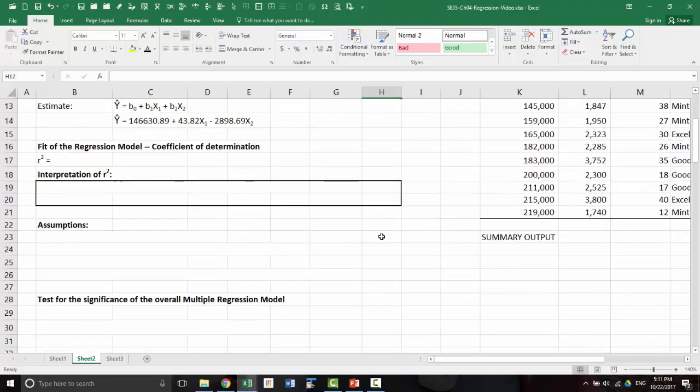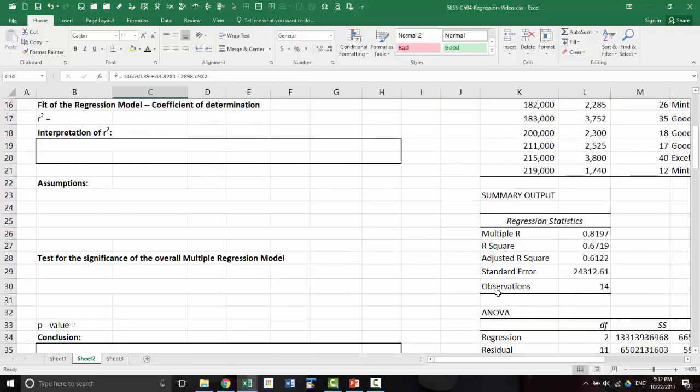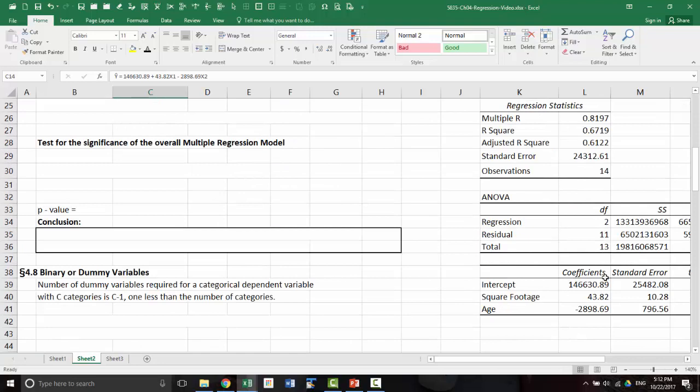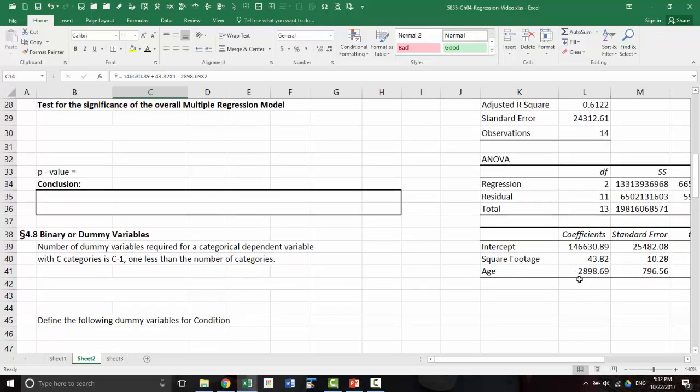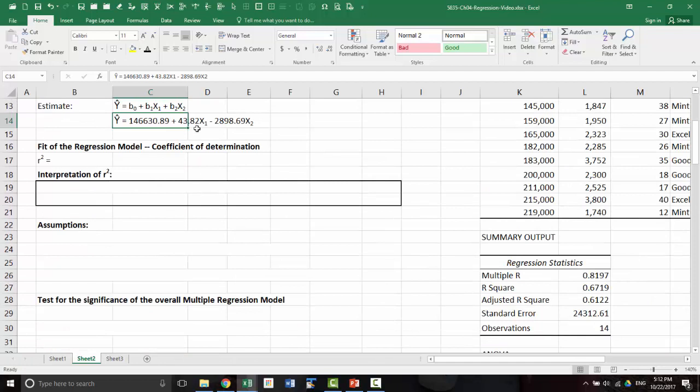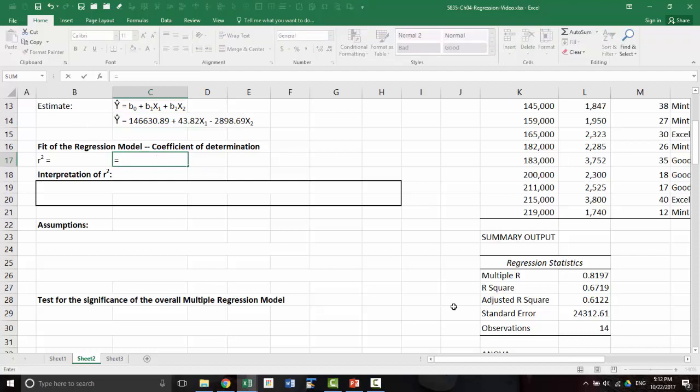So y hat is 146,630.89 plus 43.82 times square footage minus 2,898.69 times age, x sub 2. And the R squared, which is the coefficient of determination, is right there. So that means what? 67% of the variability in house prices is explained by our regression. So the interpretation is